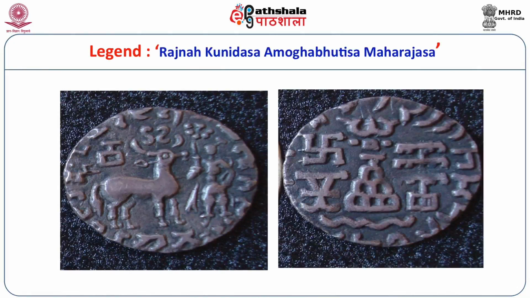This is a Kuninda coin which is minted in silver, and you can read in Brahmi on one side the legend Ragyah Kunidasa Amoghabhutisa Maharajasa, and the same thing you can read in Kharoshti characters on the reverse. So on one side you have the figure of a stag, and beside that you have the figure of a female deity, and the circular region reads the same, Ragya Kunidasa Amoghabhutisa, and on the reverse you have the Kharoshti